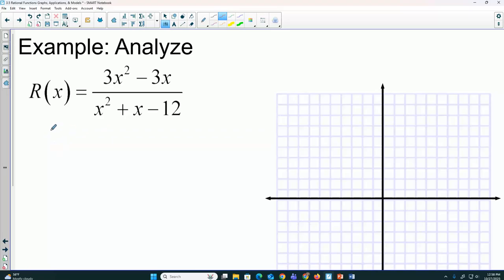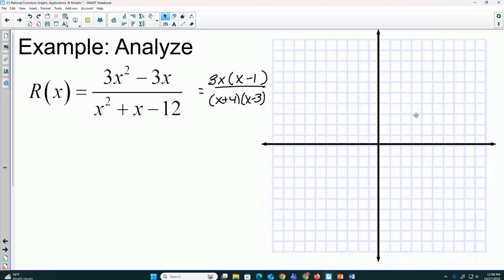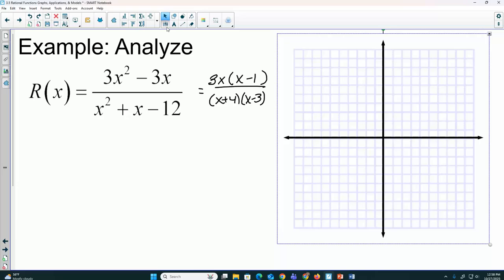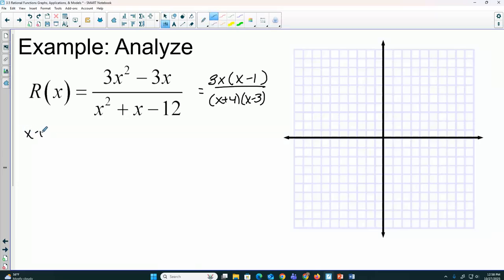So, for this one, let's check by factoring. What would we do on the top? And that would leave us with x minus 1. The bottom, what would that factor into? Again, we're doing that just to see does anything cancel out. It also just speeds the process up as we're finding the rest of our information. Okay, nothing cancels. So if we keep going here,